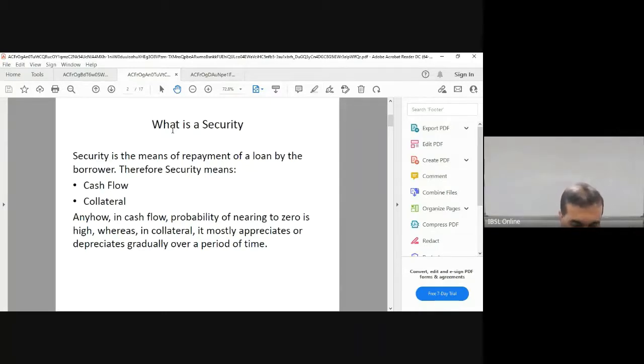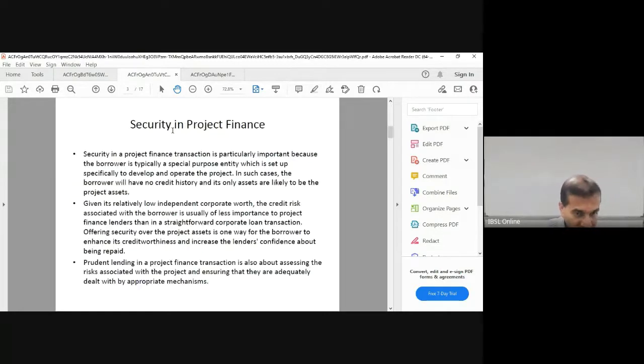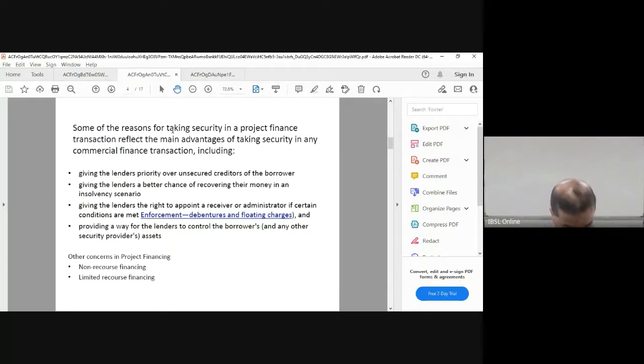So there are chances that over a period of time these cash flows might depreciate. That is why, as a practice, our bankers would love to see hard collateral, so that even if the cash flows go downstream, at least you have the comfort of security, and the customer will be encouraged to repay and get the properties released. Now, I'm not going to read all these things, as that is not 100% relevant.